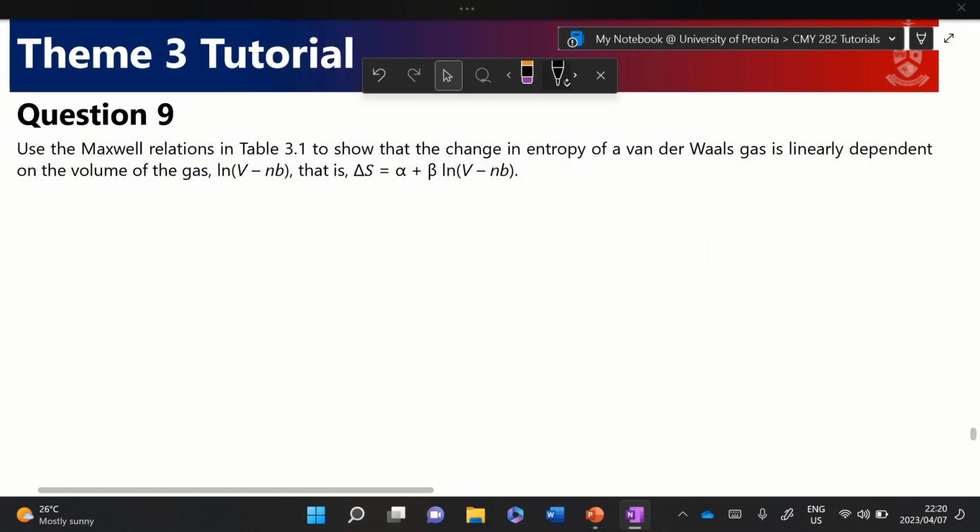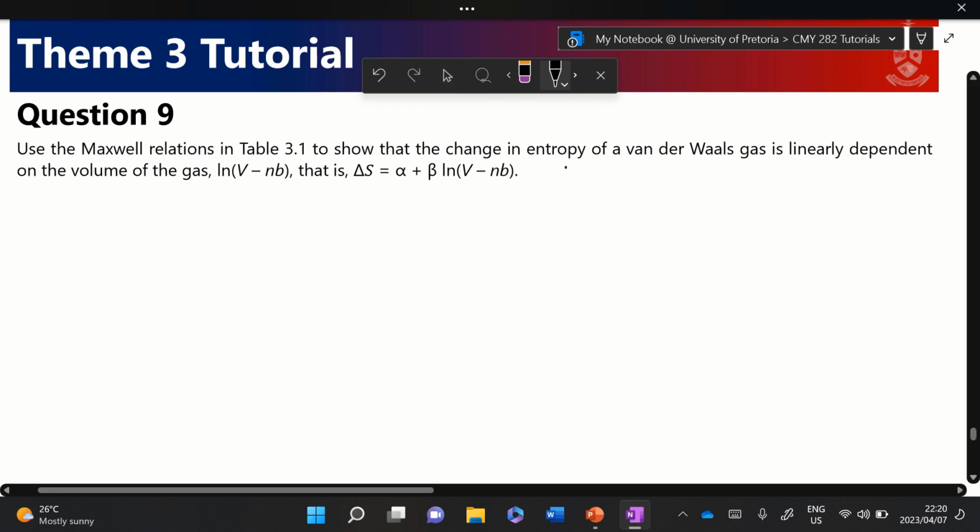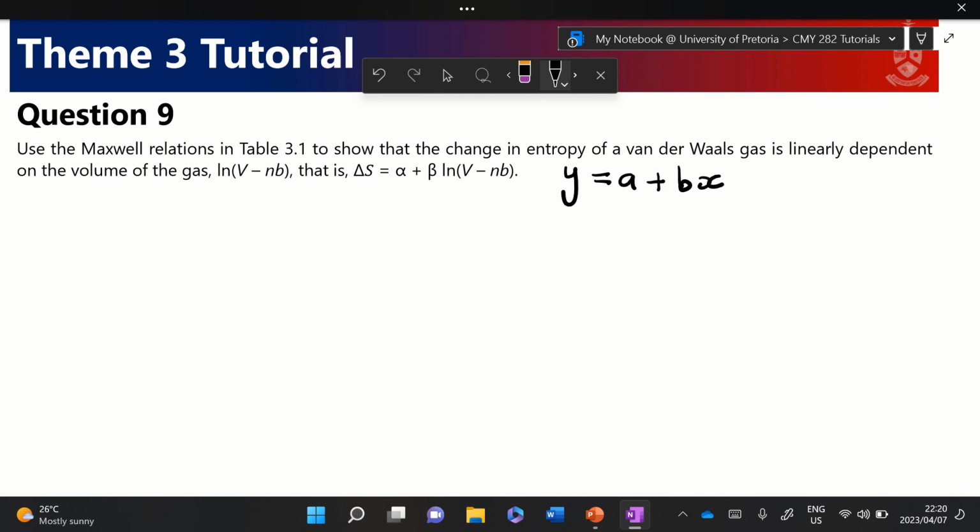Okay, so let's look at question 9. We need to use a Maxwell relation to show that the change in entropy of a van der Waals gas is linearly dependent on the volume of the gas. So basically, we need to show that some function y is equal to something like this, so that we can say y is linearly dependent on x, for example. But in this case, we need to show that the change in entropy is linearly dependent on the volume, and exactly in